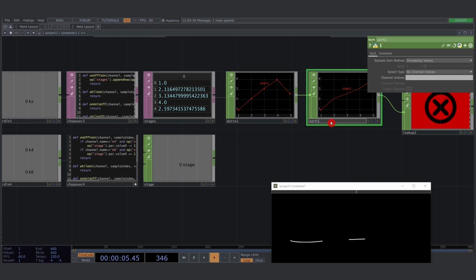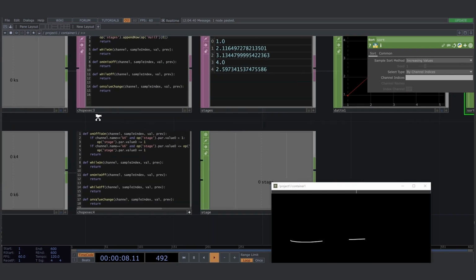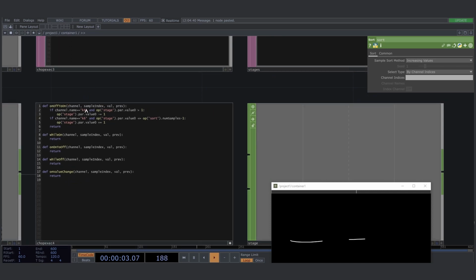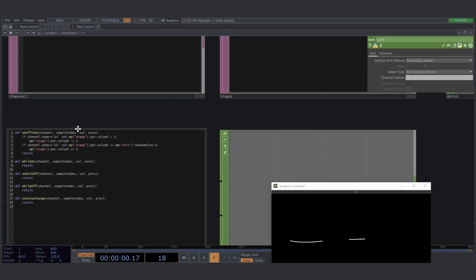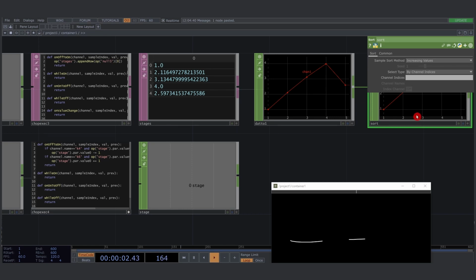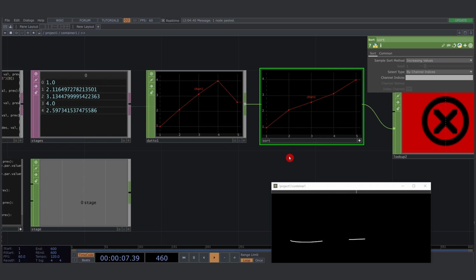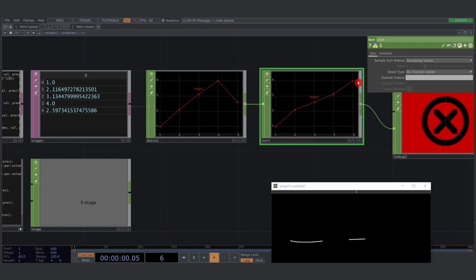Let's rename it to just sort, so the names are matching. And then you can see that if we hit K4, it's bigger than 1, we're still allowed to decrement our stage channel. If we hit K6 and our stage is still smaller than the maximum number of channels or samples which sort is holding. So now sort is holding, let's visualize it, 1, 2, 3, 4, 5 samples,